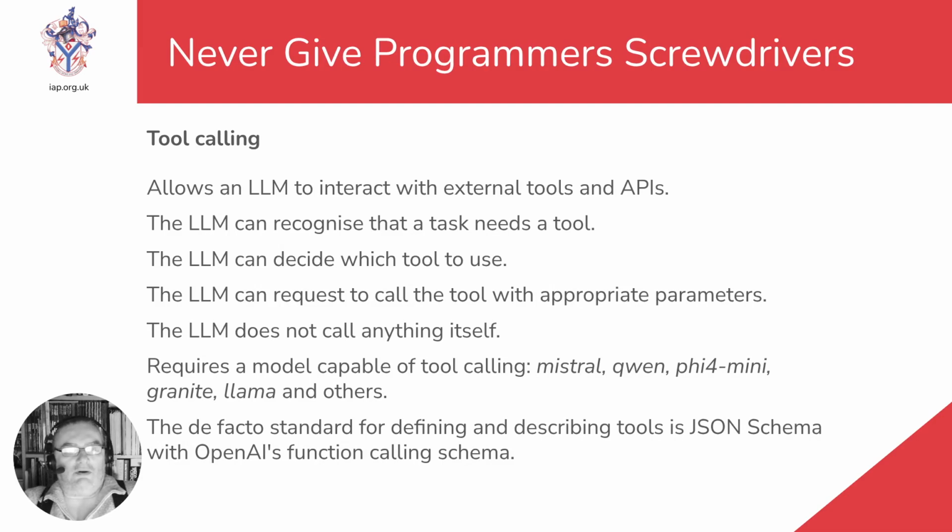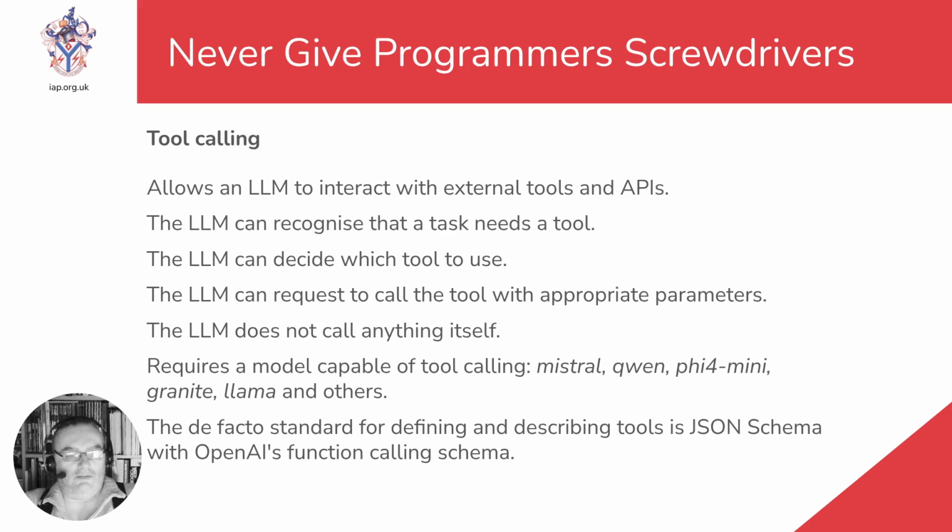Another way of supplying a model with up-to-date data is via tool calling. Tool calling allows a model to indirectly interact with external programs, services, APIs, and databases. When prompting our model, we can provide a list of tool definitions that the model can use. Based on the prompt, the model may decide it needs to use one or more of the tools. The model will then request that we invoke the tool for it and respond to the model with the results